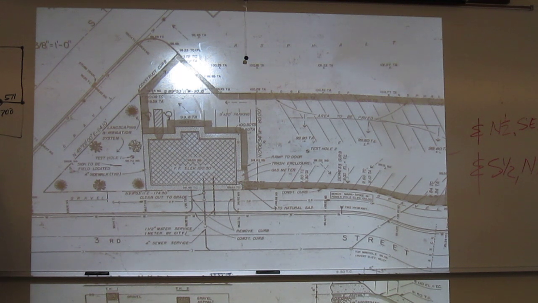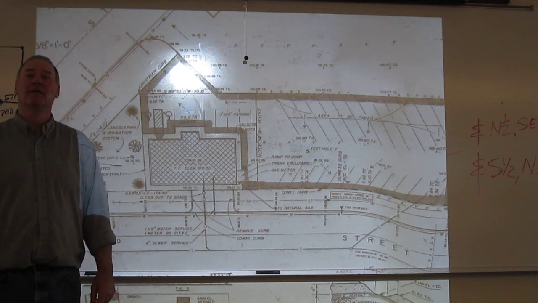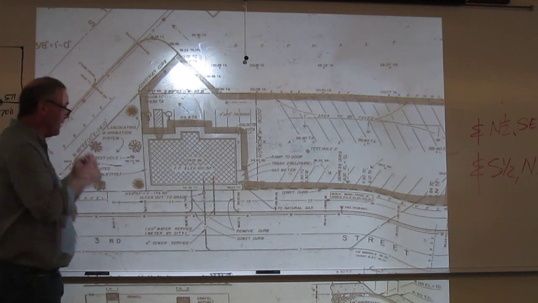Anybody else find an error on here? You find another one, Lisa? Let's give somebody else a chance here. Yes, Sean? It says the parking spots are 9 feet by 20. When we measured them out, weren't they 9 by 23? Yeah, you'll measure them what they are, so the parking spot's 9 by